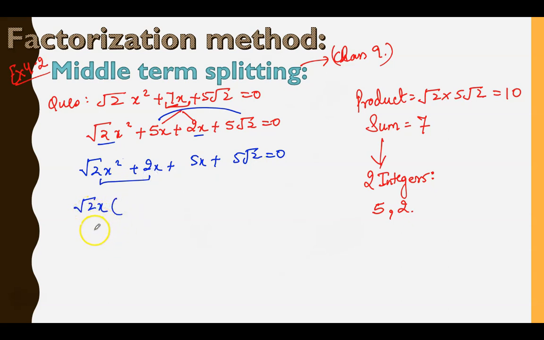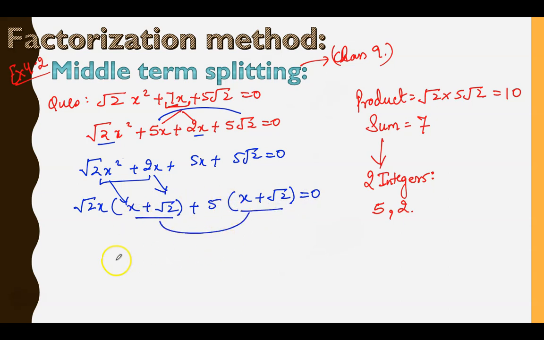तो जैसे ही मैंने √2x कॉमन लिया तो मेरे पास क्या बचेगा, यहाँ से मेरे पास x आया, प्लस यहाँ से मैंने √2x कॉमन लिया तो x तो मेरे पास खत्म हो गया और यहाँ पे √2 बचा, प्लस यहाँ से मैंने 5 कॉमन लिया एंड मेरे पास यहाँ क्या बचेगा, दैट इज 5 प्लस √2 इज इक्वल्स टू 0. नाउ जस्ट डू वन थिंग, टेक दिस एंड दिस ऑल्सो कॉमन. सो जैसे ही मैंने इसको कॉमन लिया, व्हाट आई एम लेफ्ट विद, आई एम लेफ्ट विद √2x प्लस 5 equals